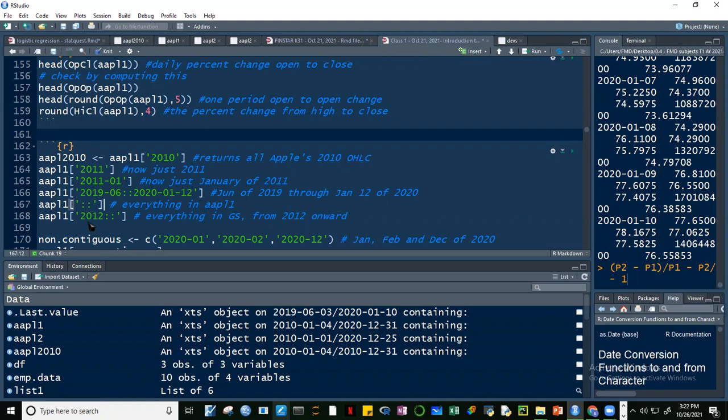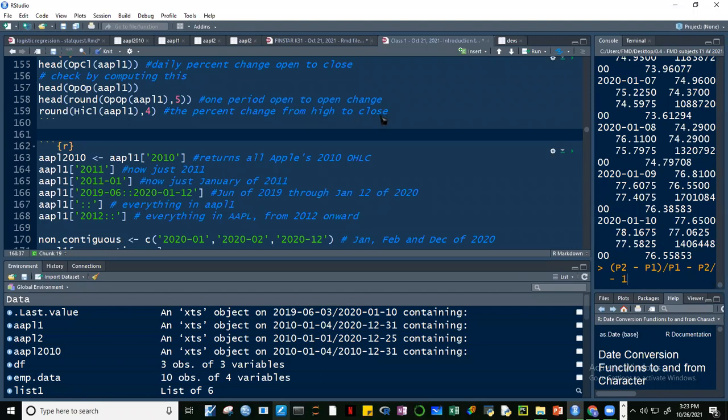So 2012. Sorry, this is not GS, this should be Apple. So everything in Apple from 2012 onward. This will start with the first trading day of 2012 and then up to the end, which is